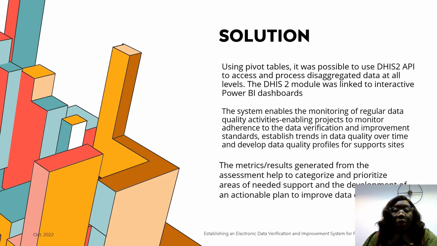So, using pivot tables within DHIS2, it was possible to use the DHIS2 API to access and process the data on the data verifications at all levels, and link that to Power BI dashboards. And so what that has enabled us to do is that we have a system for monitoring regular data